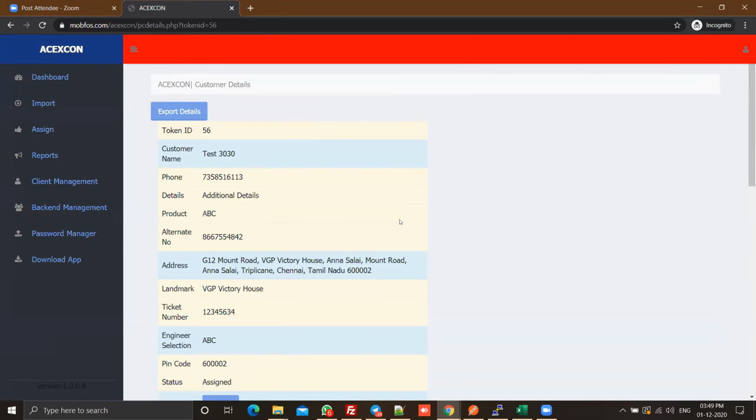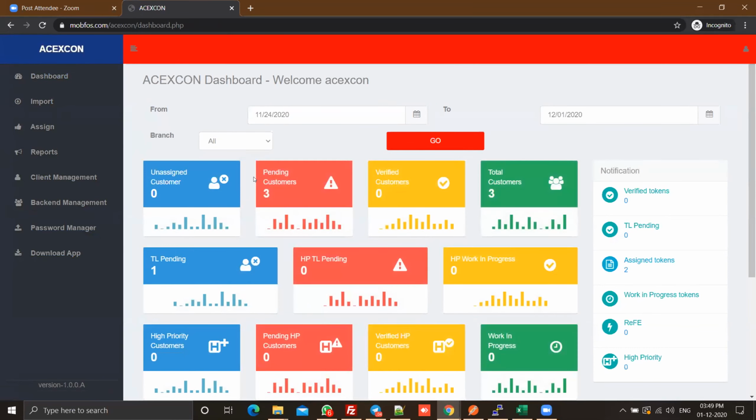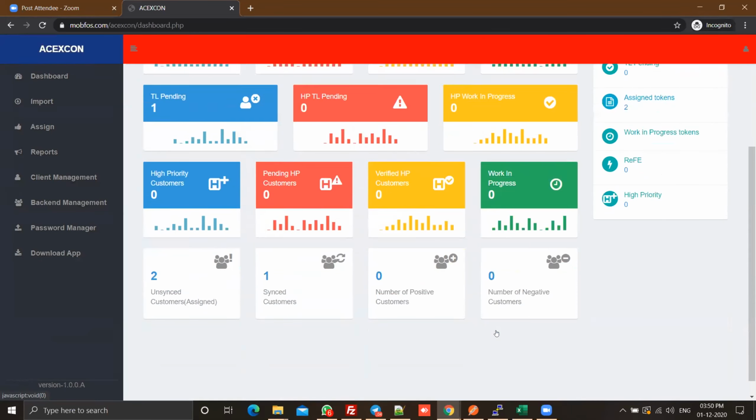Mr. Bhupathi, the job will start as open. The ticket will be raised as open once he has accepted the job, correct? The ticket will be opened once you have assigned the case to the executive. He has to process that. Once he clicks on work in progress in the app, you will get a notification saying that particular token ID has started as work in progress. So all the cases that are currently being worked will be shown under the work in progress notifications. You can even see it here.